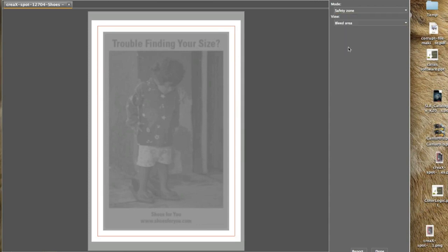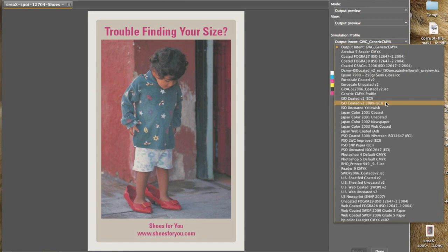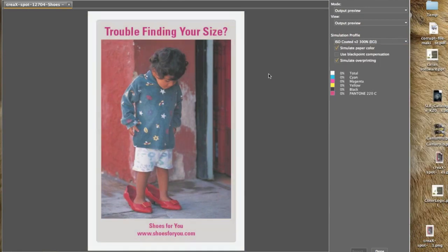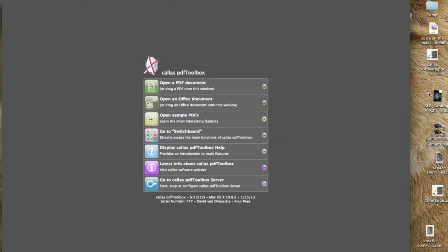And the last one, which is very similar to what you have in Acrobat, is output preview, where I can choose a simulation profile and it will render that document using that simulation profile. And again, I have ink percentages on here as well. That runs me up to half an hour, but I'm going to cheat and use 5 minutes extra because there is one last piece